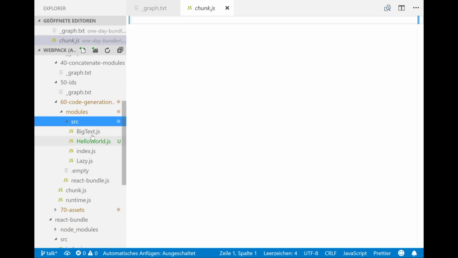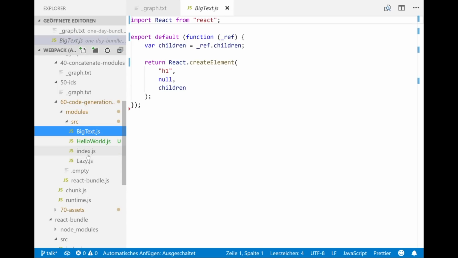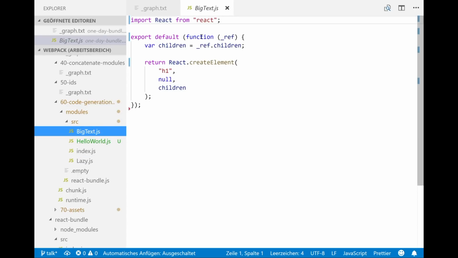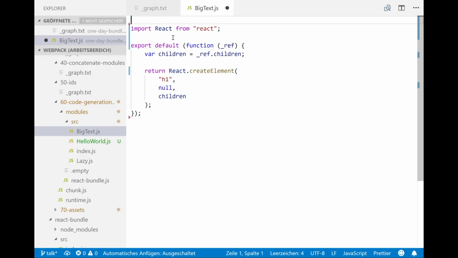But we start with the modules. We start with a lazy module. It's very easy. We start with big text, it's easier. Because the browser doesn't understand this import and this export syntax, we have to generate code instead. Let's take the magic function which returns the exports of this module.